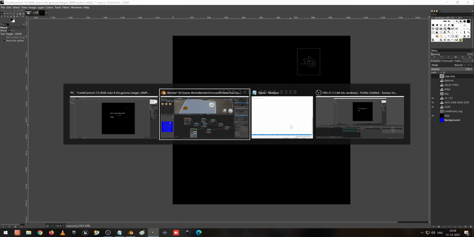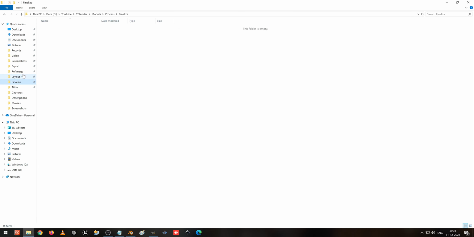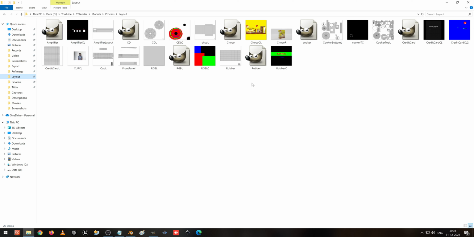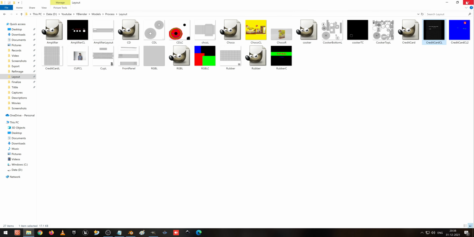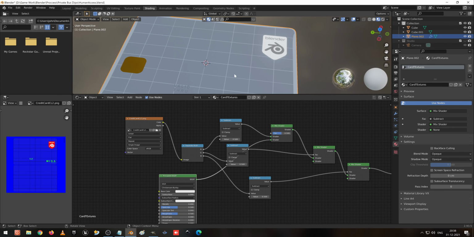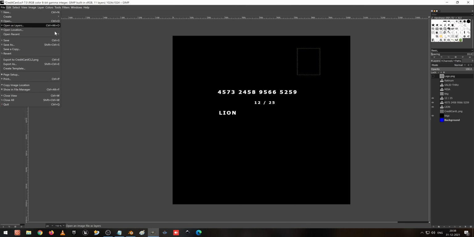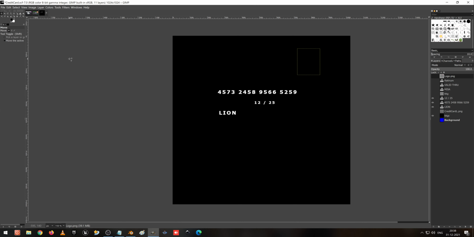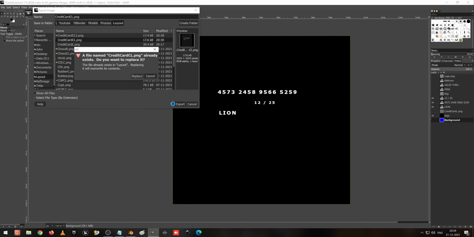I hope the one more texture that I did is correct, I think so. So let's see. No, I made it wrong. So credit L. So I just go to select and none, and so now I go to export as, I'm going to overwrite this one.